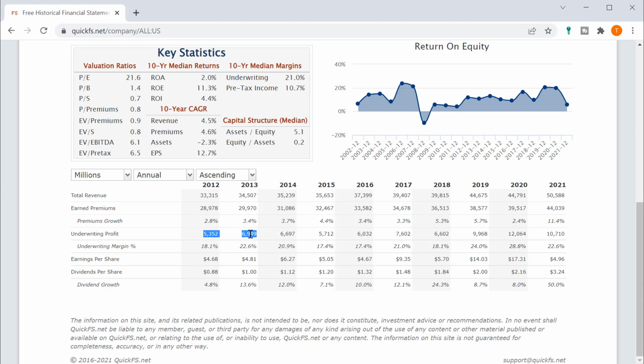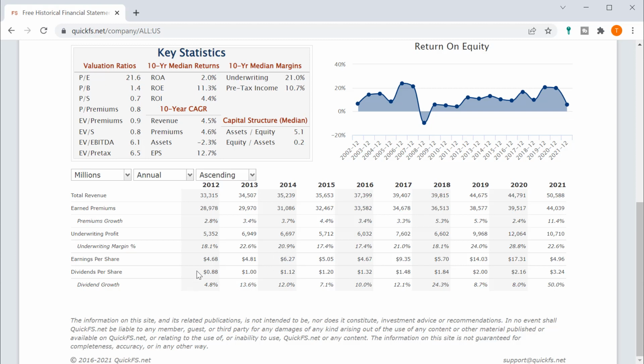The underwriting profit has doubled from about 5 billion to 10 billion, and so that's a good underwriting profit margin over time. And you can see something weird is happening. So you have earnings per share $4.68 to $4.96. That's not entirely accurate. If you just look across here, it looks like it tripled going to 2020, but 2020 was weird because of the pandemic. People drove less, so there's some instability there that you can think about.